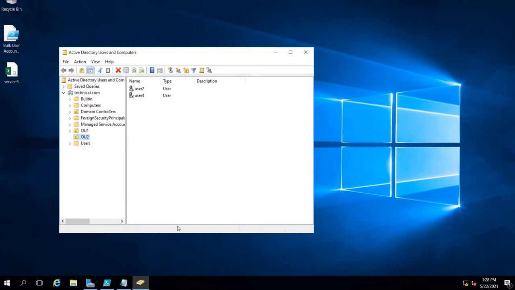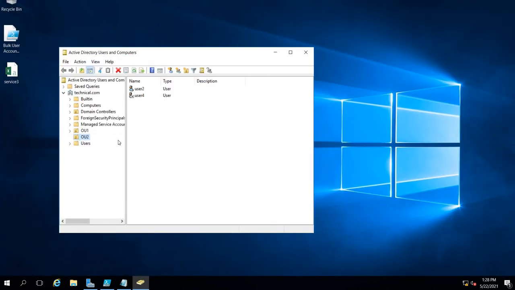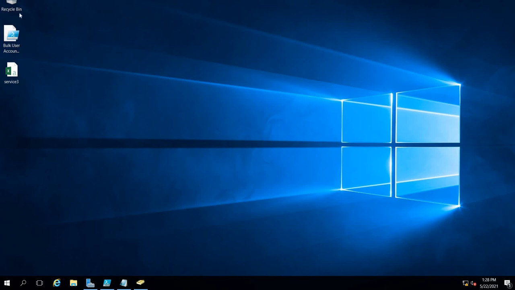As it is showing, the specified account already exists. You can see that when we tried to create the user 3 and user 4 accounts, they got created, but since they did not match the password requirement, they are disabled; the arrow is showing that they are disabled. So the account has been created and it will not allow you to create the same user account. We'll do one thing: we will change the username in the Excel sheet. If you want, I can delete the same user accounts and reuse them, but we will not do that. We will change the username in the Excel sheet.